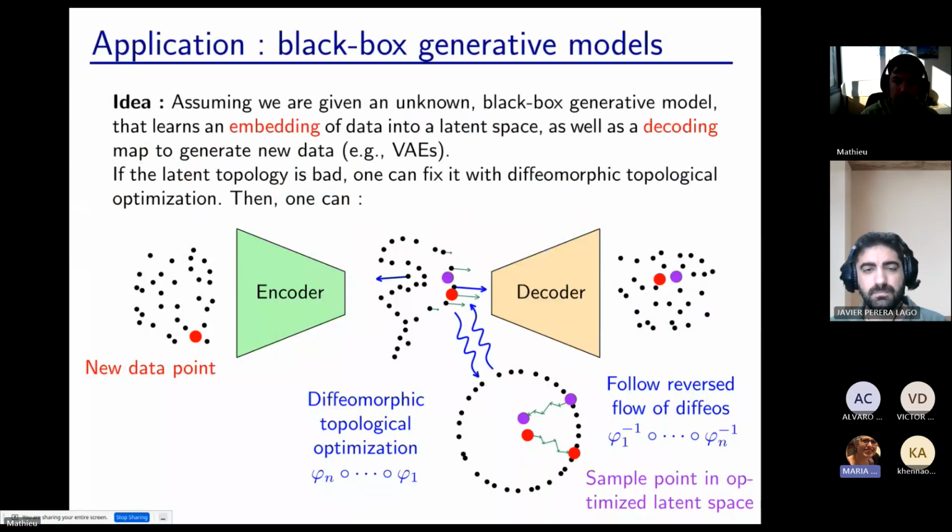So I see here another application of our work, because we compute the topology of the image of the function. Okay, so this is the latent space induced by the topology of the domain. So maybe I see a quantitative